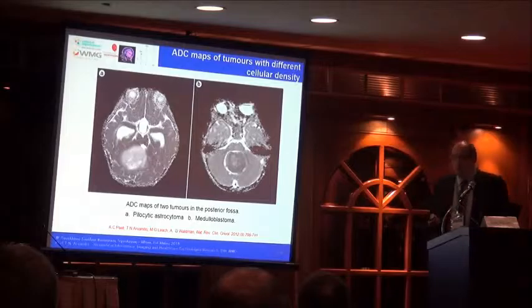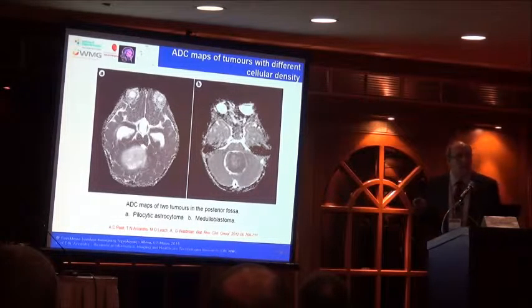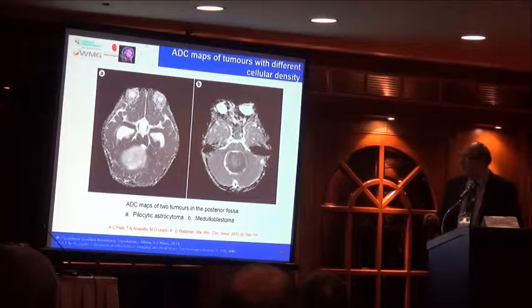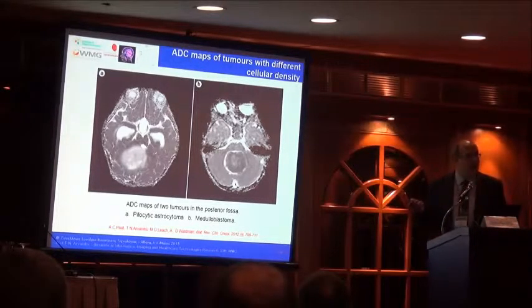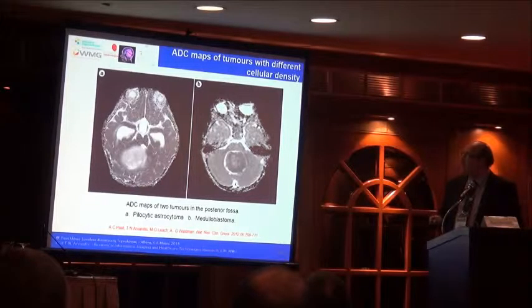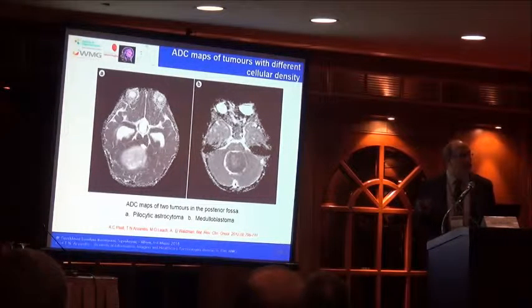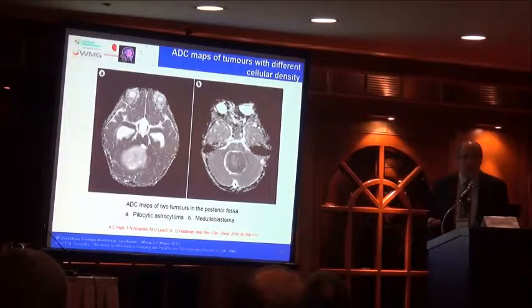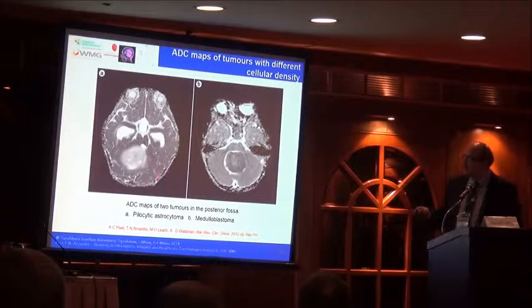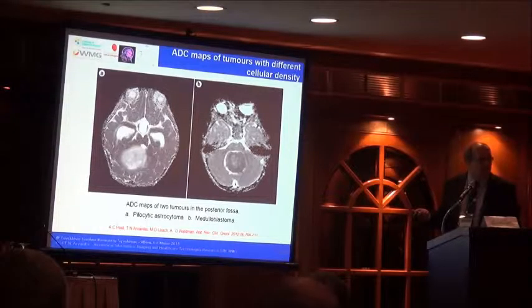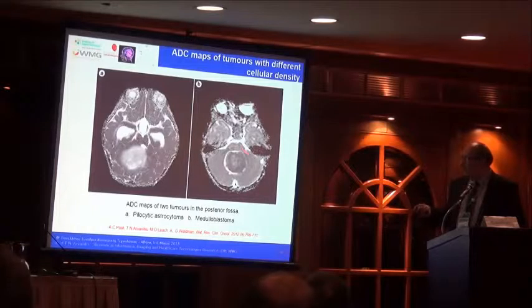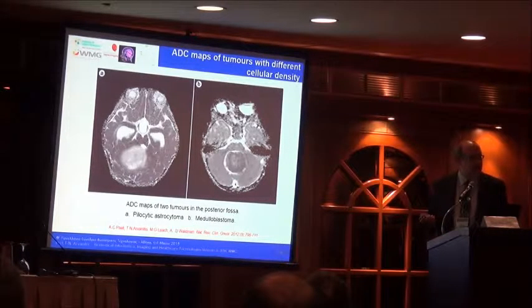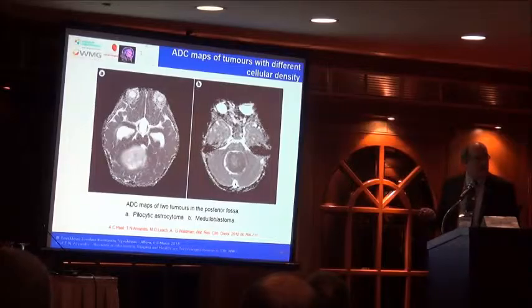Now, I'm coming closer to the imaging side and the issue of texture. If we look at diffusion, and apparent diffusion coefficients is a way to represent diffusion into maps of the brain, then we can understand more about the cellular representation of the tumor. So in this case, the astrocytoma has less cellularity. So this might be a good thing in the way we treat it. While the medulloblastoma has high dense cellularity. So the increased diffusion here maybe is a good sign.